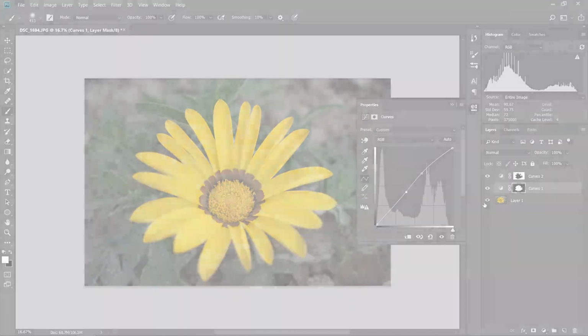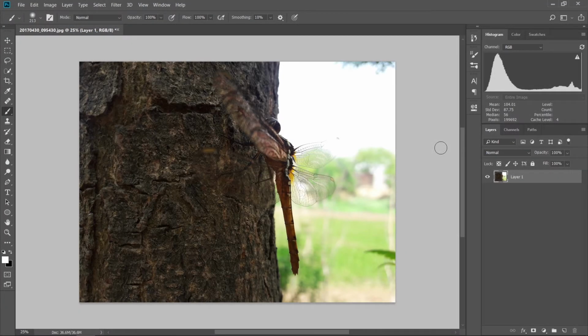Now let's look at the second method. I would like to call it sharpness. Basically in this method, you have to increase the sharpness on the subject and decrease it in the background. Let me show you how to achieve this. Again, I'm using Photoshop, but you can use any software that lets you create mask.